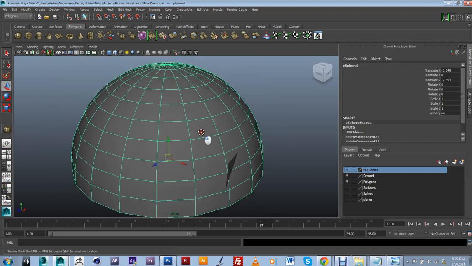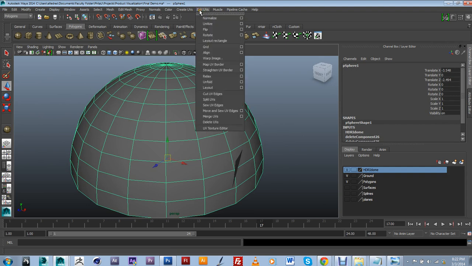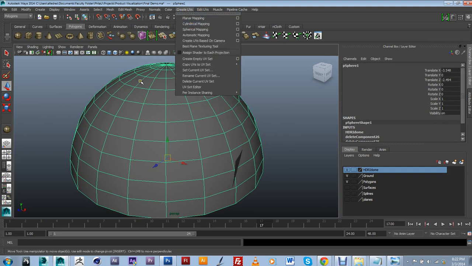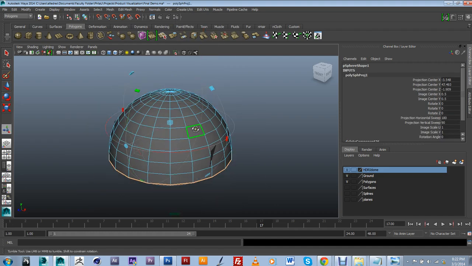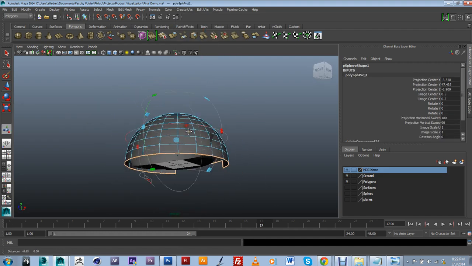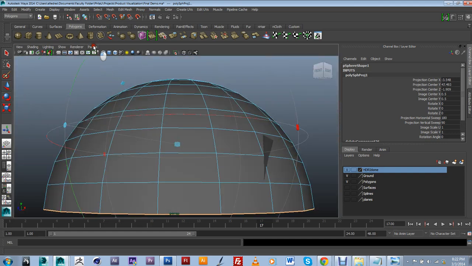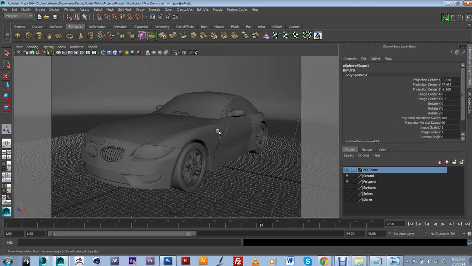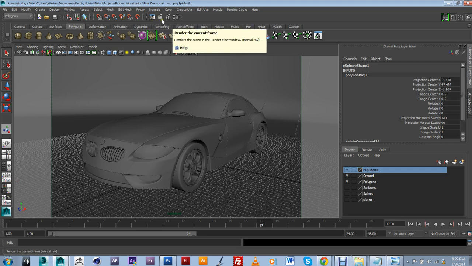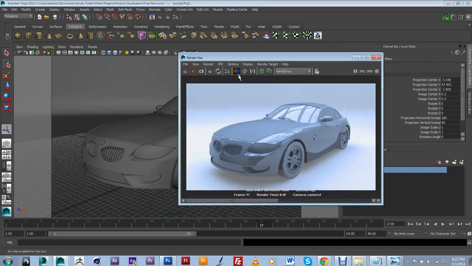So I'm going to go ahead and assign a UVW map to my sphere. Again, this one has the HDRI map applied to it, and I'm just going to apply something like a spherical mapping. Alright. And again, it should distribute my image a little bit differently than what it was originally. And if I were to do a render right now, it should definitely give me somewhat different results than what I originally had. So again, I'm going to keep that image, and I'm just going to make another quick render,